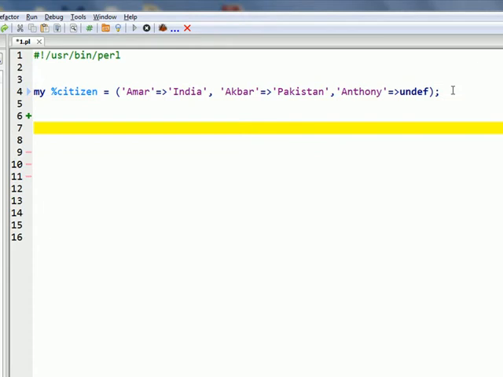So let's check. Print "I am good" using an if statement modifier, if you remember: if exists $citizen{Amar}.